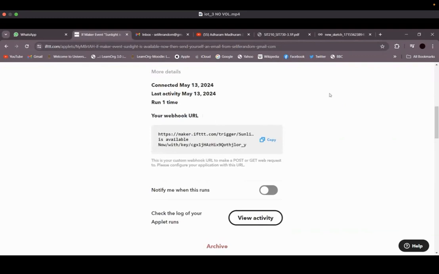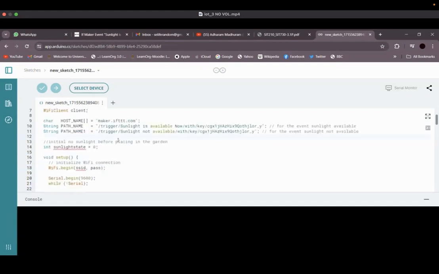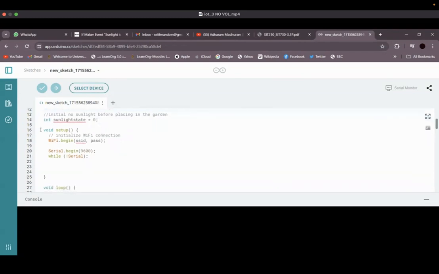So let's see the code. In this code, I have defined my SSID and password, and this is the URL for the IFTTT trigger, the URL we have to send the GET request to. Here I am initially defining the sunlight state as 0 because I am assuming it will be inside the home before placing it in the garden. Then the setup method connects to the given Wi-Fi SSID and password,